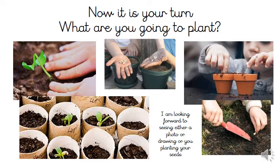So you can use a toilet roll tube, and your grown-ups will help you. If you cut the bottom going up in strips into 4 and you fold it inwards, then you have like a little pot. So once you've planted your seeds, your grown-ups can take a picture